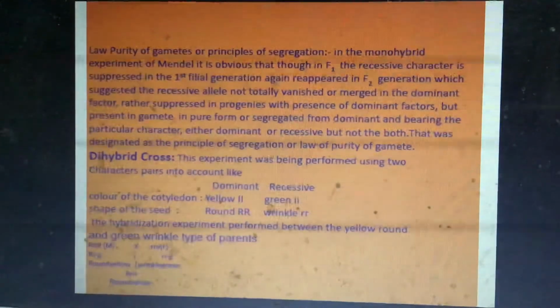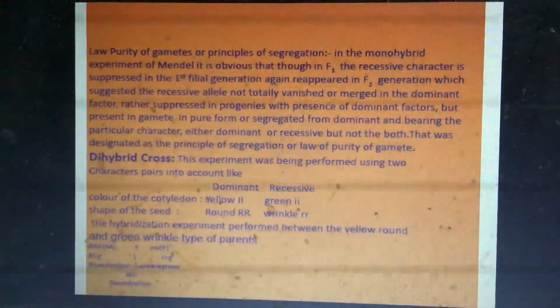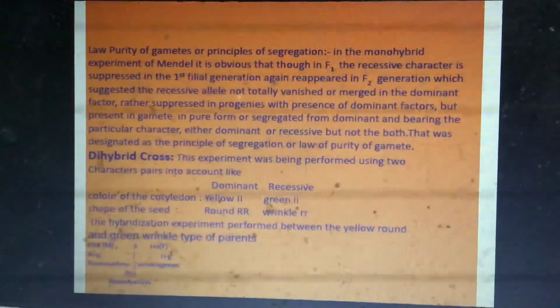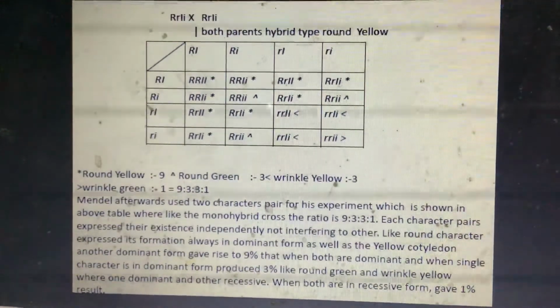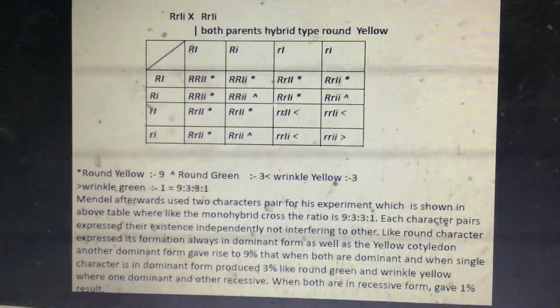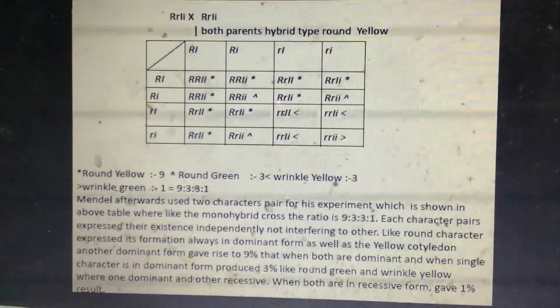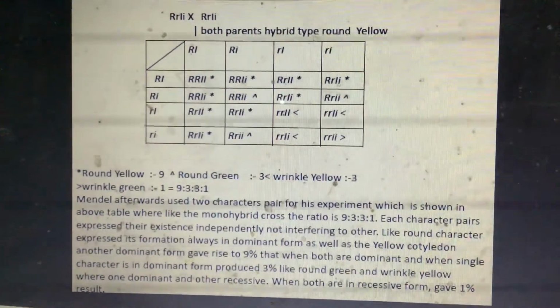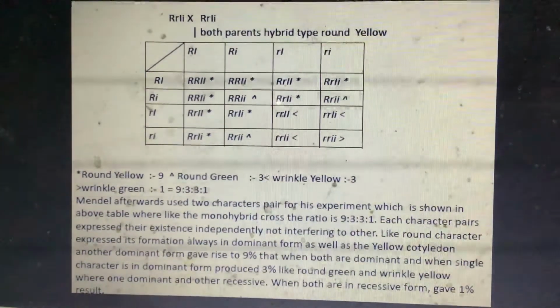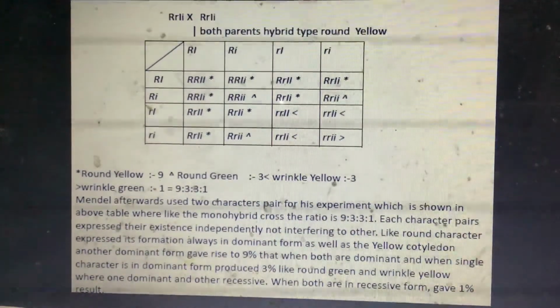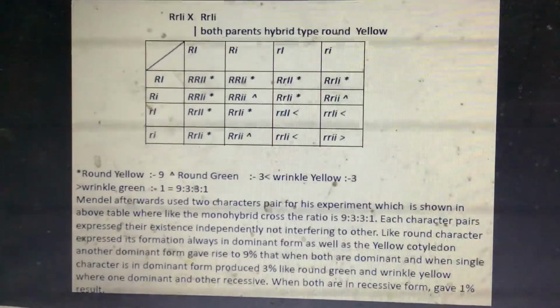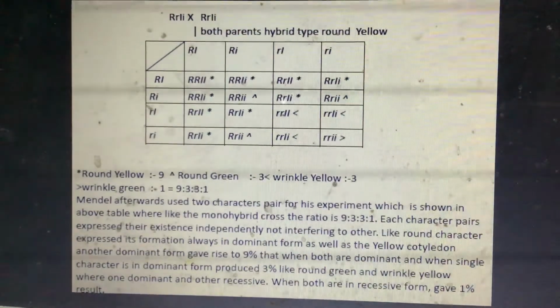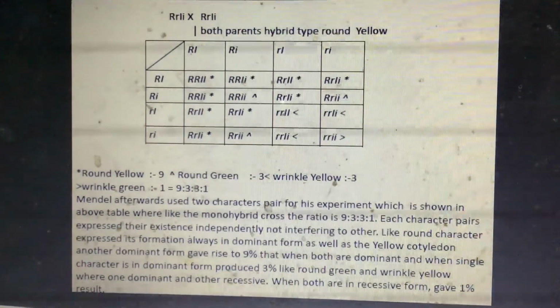Then when there is another hybridization experiment between the F1 hybrids, that is, heterozygous round yellow, four different types of offspring or progeny are formed, in the ratio 9:3:3:1, as given in the checkerboard. The table of the dihybrid cross is called a checkerboard, and the ratio observed is 9:3:3:1. 9 are round yellow, 3 are round green,